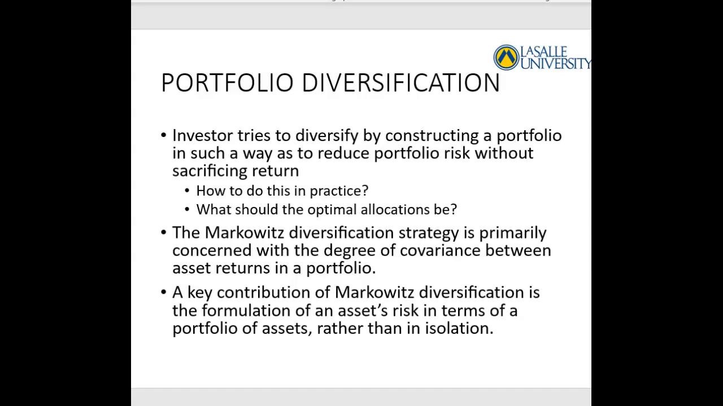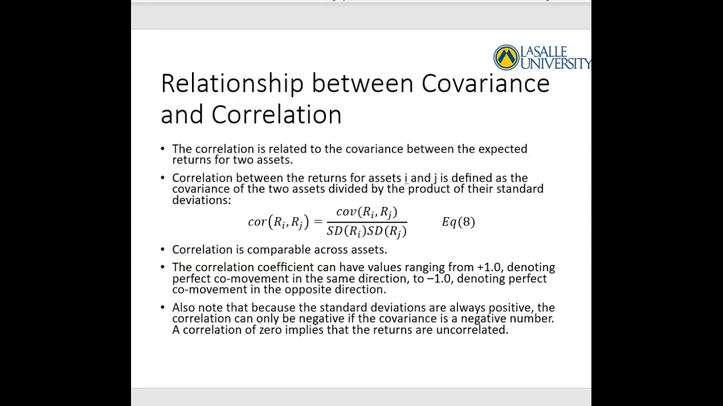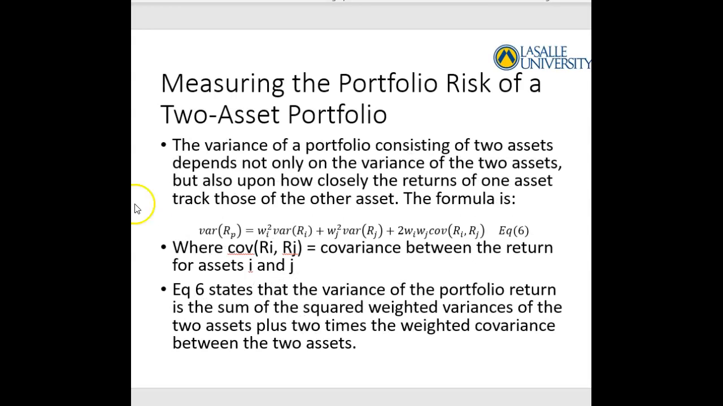It's primarily concerned with the degree of covariance between asset returns in the portfolio. So what Markowitz's diversification seeks to do is combine assets in a portfolio with returns that are less than perfectly positively correlated. So if you look at the variance formula, which is a measure for our portfolio risk, moving all the way back to this previous slide where we introduced variance as a measure of risk for the first time, what you'll see is that